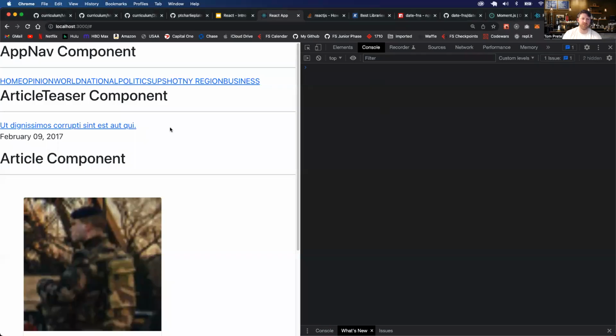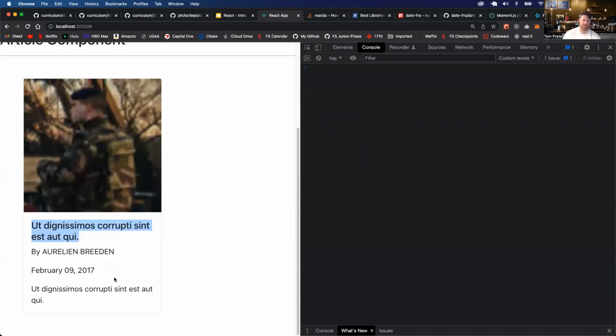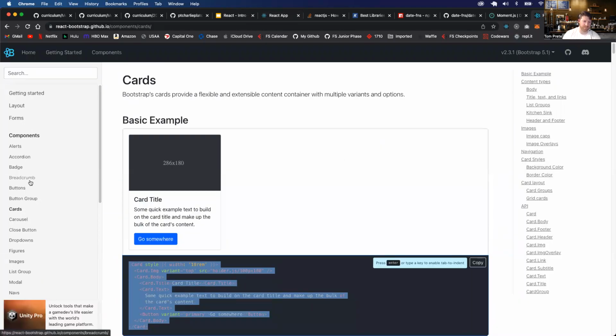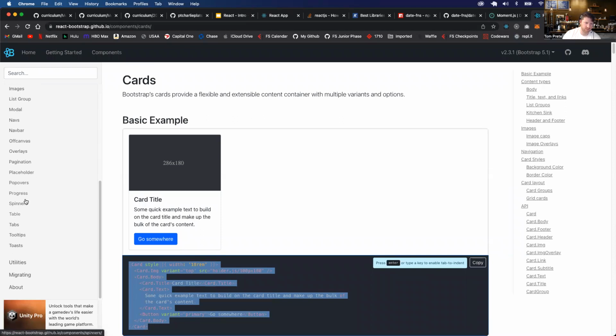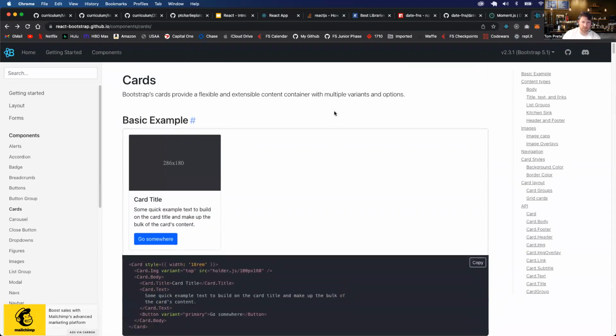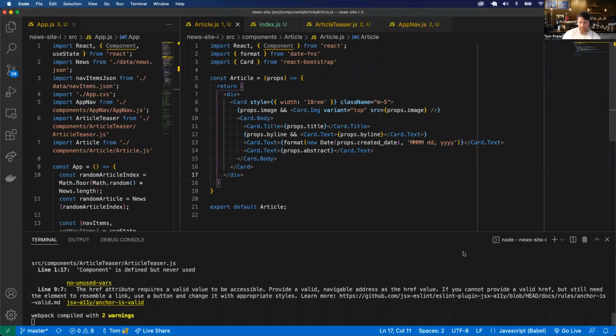So there you can use React Bootstrap that you can style items with. Does anybody have any questions on React Bootstrap? No. All right. So I'm going to go ahead and stop the